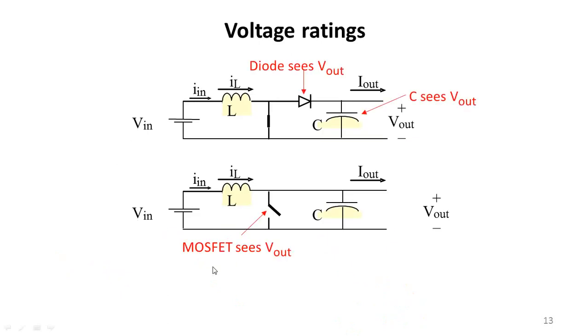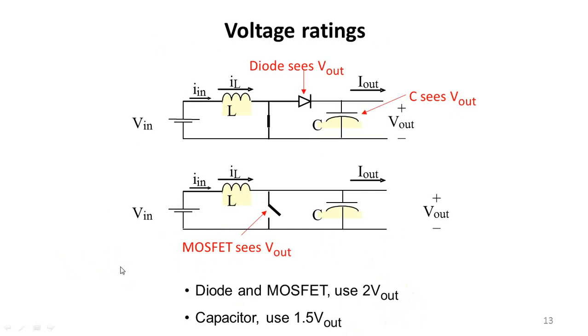These are all things that you would have known. You have to always decide your diode rating based on your MOSFET voltage. If the MOSFET is 250 volt, your diode rating should be 500 volt. Your capacitor rating should always be greater than 1.5 times. For example, if your output voltage is 250 volt, your capacitor voltage should be 1.5 times your output voltage, which means 250 multiplied by 1.5 is going to be your capacitor rating. So these are all the simple things that you have to decide.